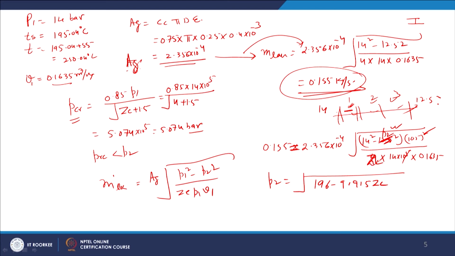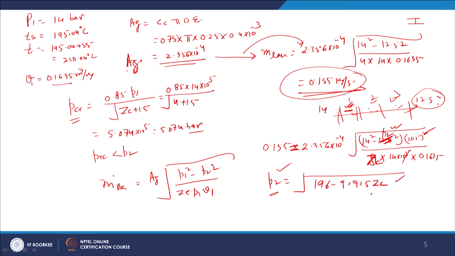So there are two unknowns, P2 and ZC. Now I am repeating this, we have used the same formula to find the pressure inside the first constriction. Now pressure in the first constriction is not known, 12.5 is the pressure at the last, and ZC is equal to 1 for here, 2 for this, 3 for this, and mass leakage is known to us. So we have found the pressure as a function of ZC.